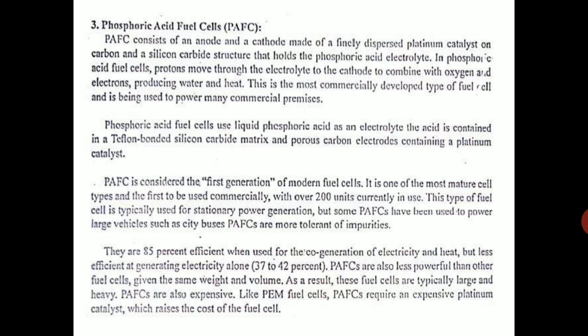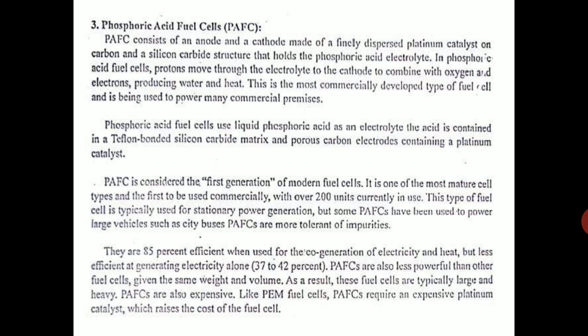Okay, so whatever the technologies are there, like petrol is there now, diesel technology is there, we are carrying less quantity of fuel, and it can take us for long distances. So power density comes into picture here. But these fuel cells as of today, they have got more weight and volume. As a result, these fuel cells are typically large and heavy. Okay, but now they are being made compact, and they are also expensive as they use platinum as a catalyst. Because of platinum, they are expensive.